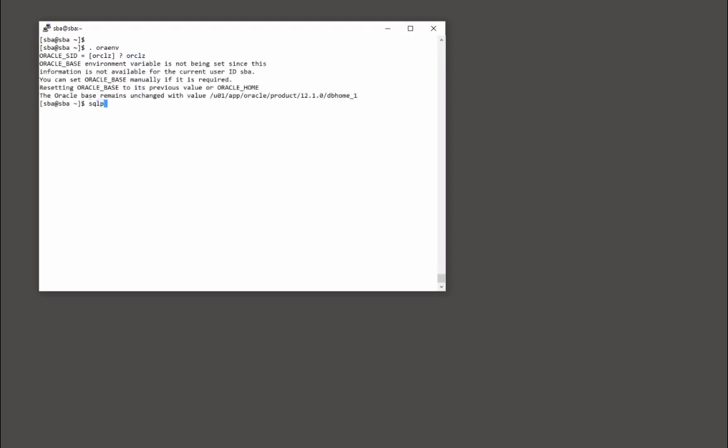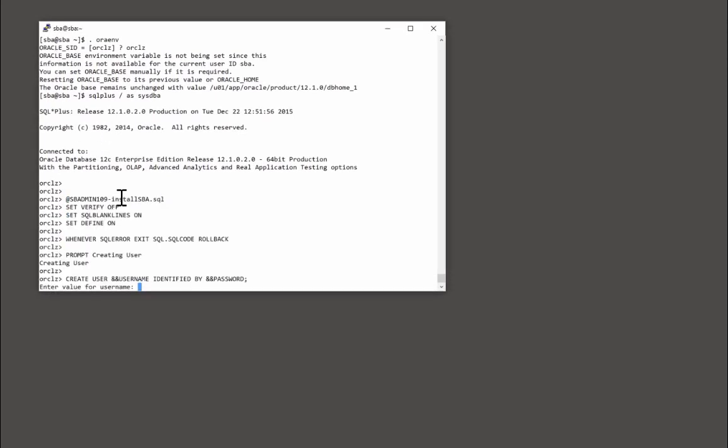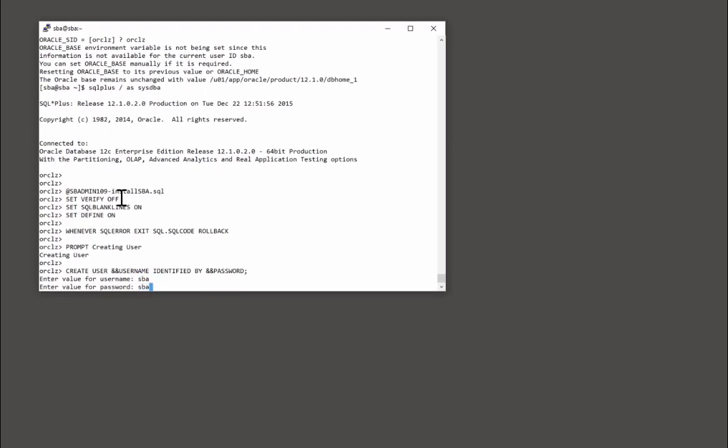Now I need to create the schema within the database. I'll source the Oracle env file to make sure I'm connected to the correct database. Log on with sysdba privileges and run the supplied script to create the schema and the packages within it. I'm going to call my user SBA, password,